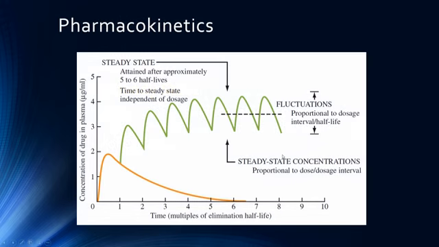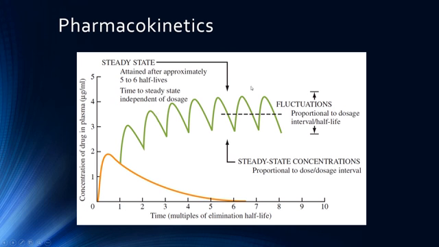So if we look at having one individual dose of a drug, we look here at our graph at time 0, we get peak plasma concentration of the first dose, and then it's going to start to drop off out to about 5.5 half-lives, where it's essentially gone. But then we're going to take it again. So we're starting here at this point, and then we're going to get another increase, and it's going to start to drop off. And then we're going to add another one, and then we're going to add another one,